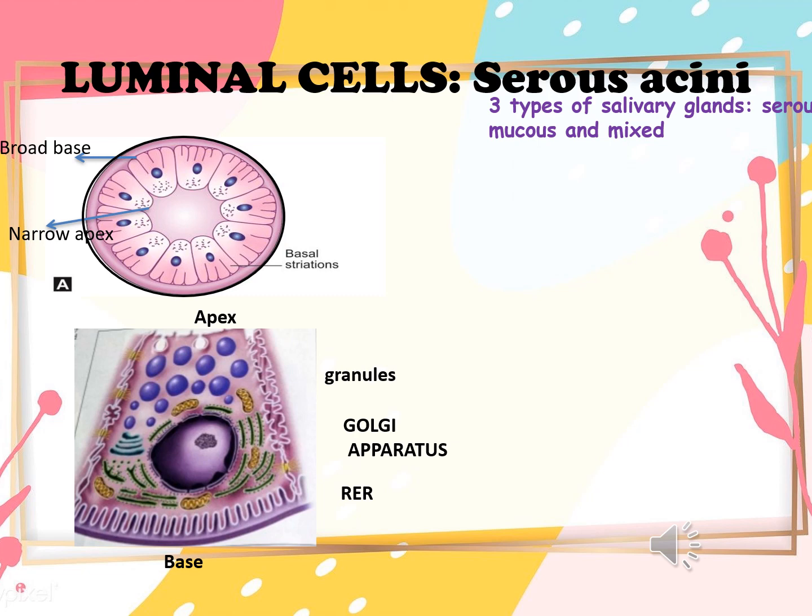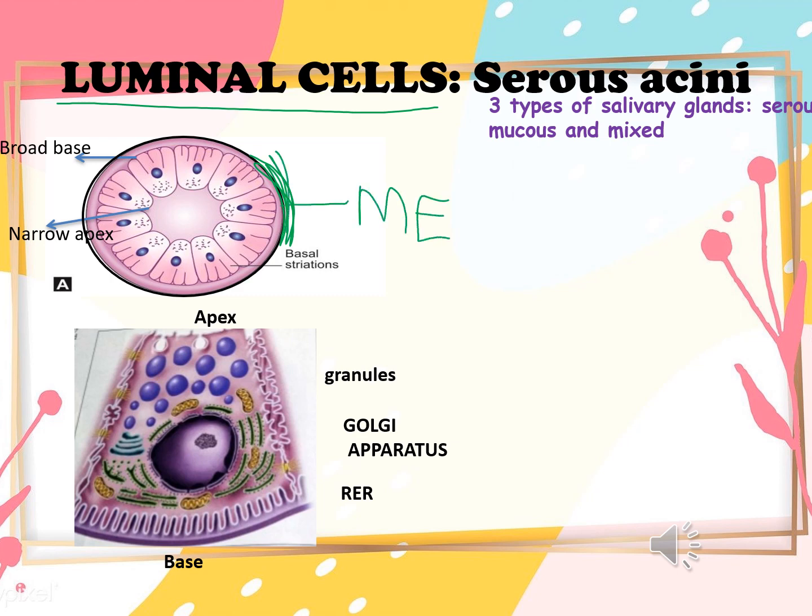Now cells of the salivary gland are classified into two broad categories. The first category is luminal cells. Now what do you understand by luminal cells? These are the cells which line the lumen. That is, they are present inside the structure of the secretory unit. The serous cells, the mucous cells, and the ductal cells are the luminal cells of the salivary gland. Second category is abluminal cells. These are the cells present away from the lumen. That is why they are called abluminal. So they are present outside the secretory end pieces. So myoepithelial cells and basal cells of the excretory duct are the abluminal cells.